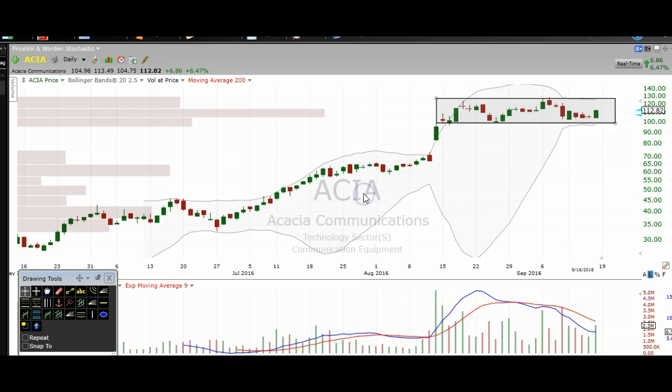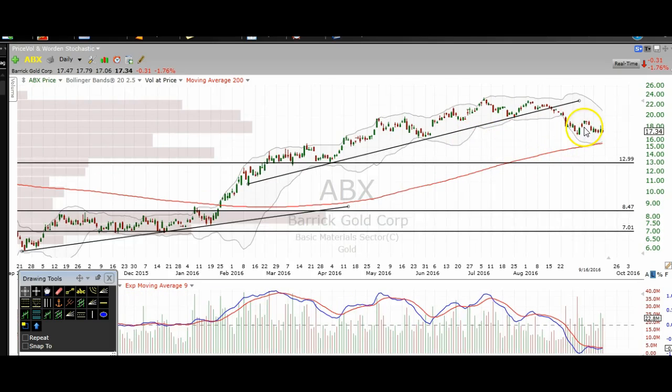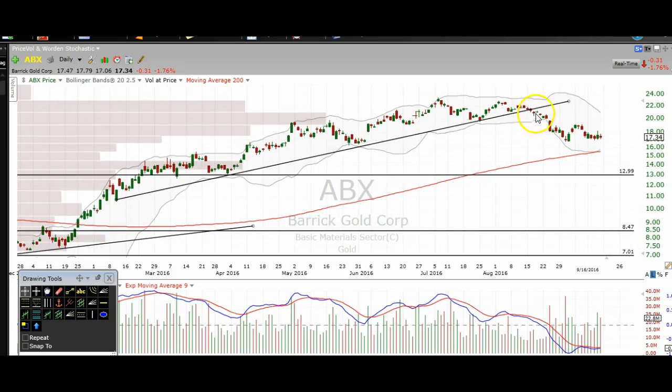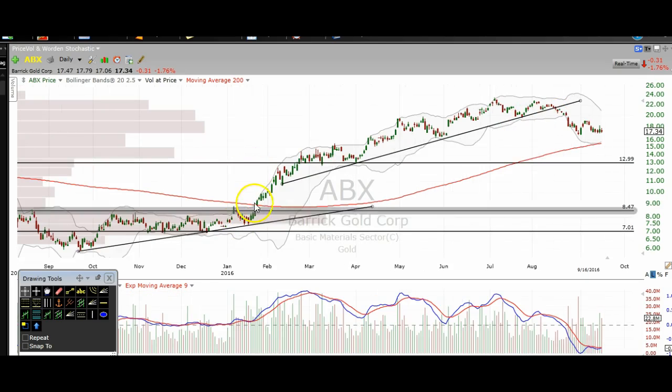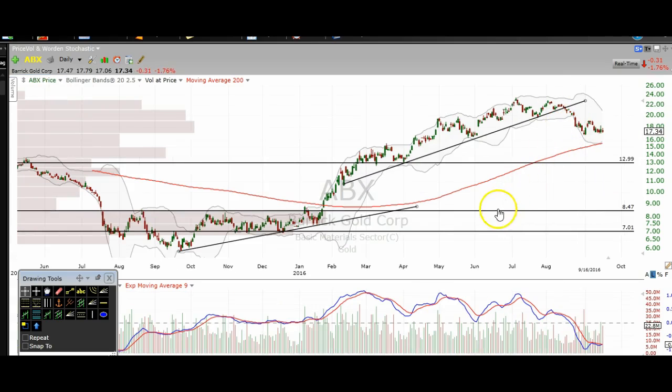ABX. Now ABX, obviously I've looked at this one before. We broke this shorter term uptrend line right here. I was not personally in this stock, but if I was, that would be a trailing stop that I would have right there. So you can capture all these gains, and then get stopped out over here at about $21. I'm not trying to do any hindsight trading, just trying to show you some strategies that you might be